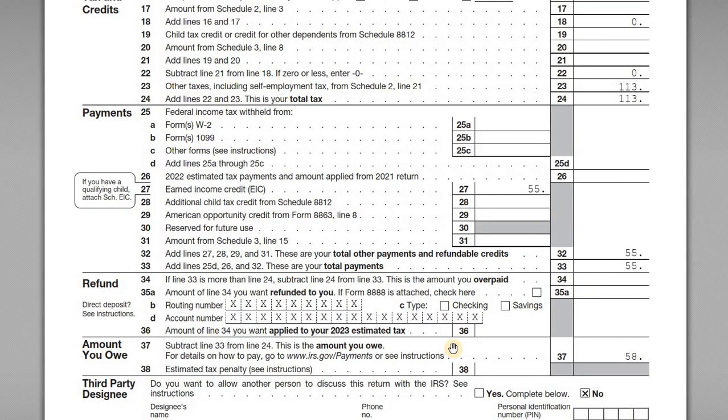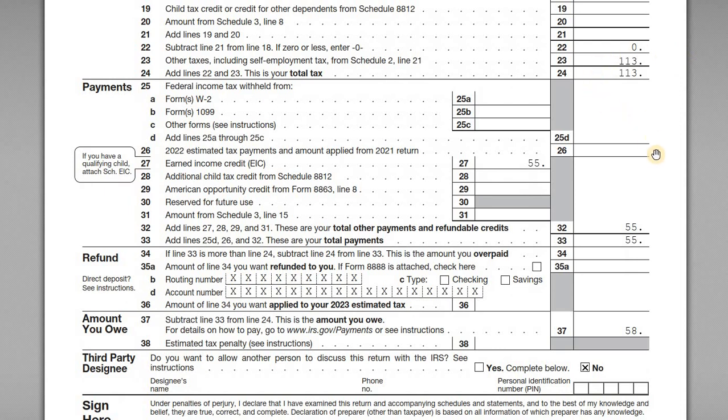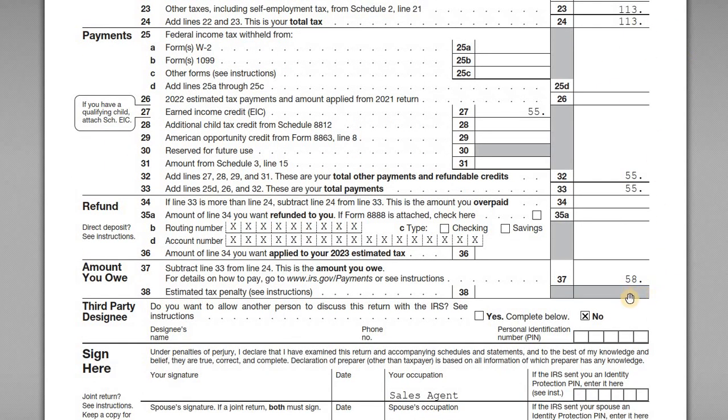So in this case, yeah, he had to file a tax return because his self-employment earnings were over $400. That's fine. He has some self-employment taxes owed, but he does get a credit to offset those taxes. So even though he owed $113, by filing he actually owes $58 because he has a $55 EIC amount flowing through. All right. So I hope that was helpful.